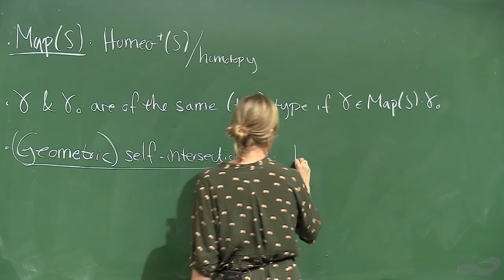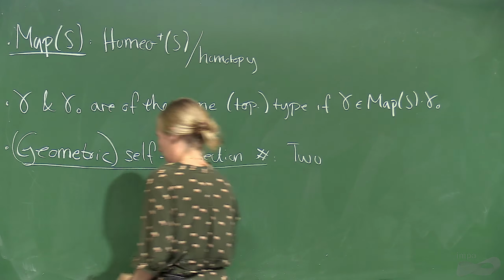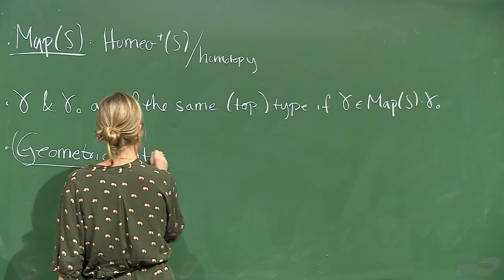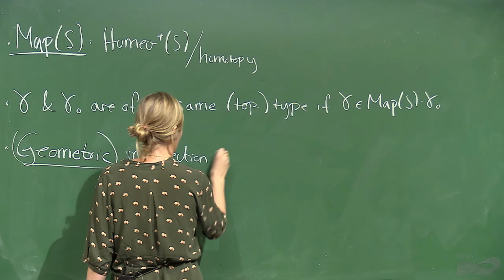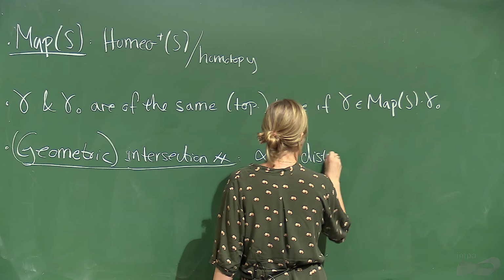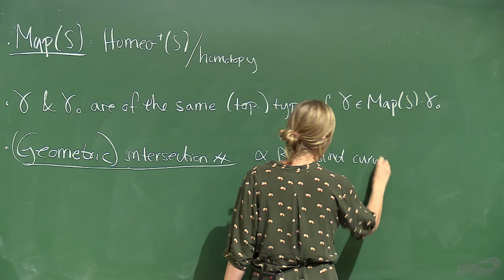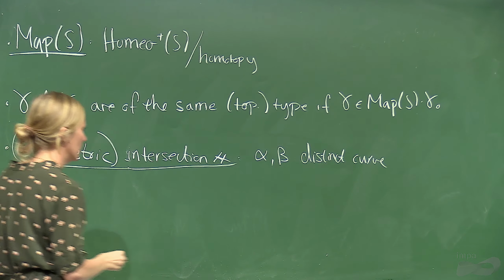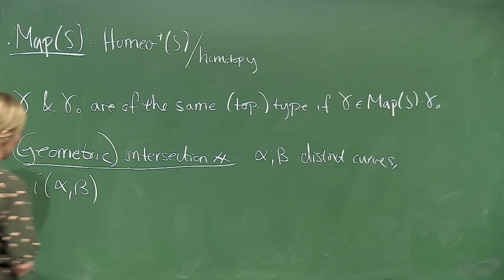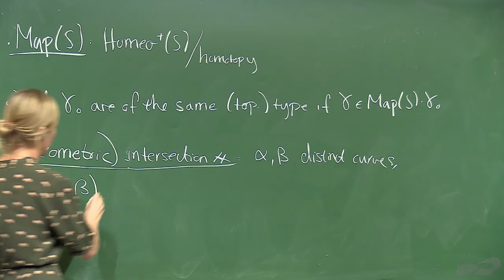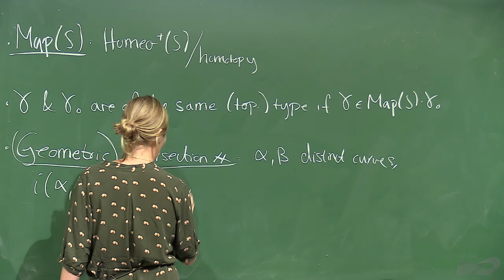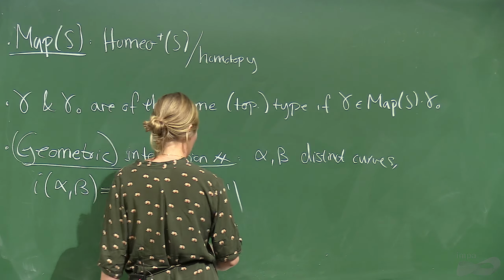So if we have two curves, let me first define it for two. Maybe I should define it for intersection first, and then I do self-intersection. Geometric intersection number. So say alpha, beta distinct curves, which again I really mean free homotopy classes of curves. Then the intersection, which I'm going to denote by I(alpha, beta), is the minimum number of transverse intersections between representatives